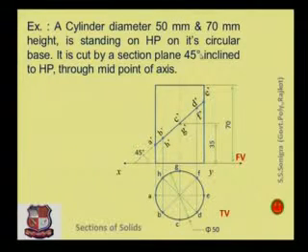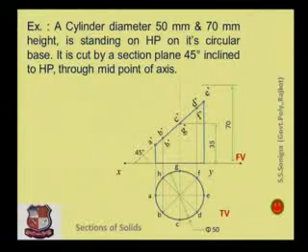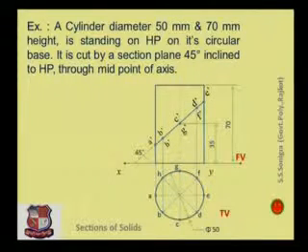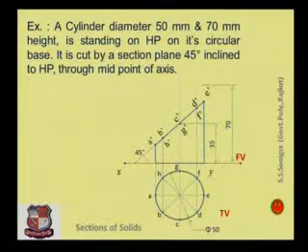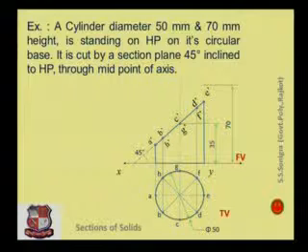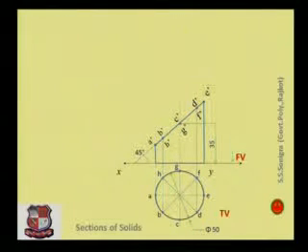And here if it is said to draw the sectional top view, then obviously this is the removed portion, right? Because it is a cut section, you can see here the uppermost portion is removed. So you should erase it, or you should make it much lighter. No need to completely erase, you may draw it much lighter because it is a removed portion. Now this is the remaining solid.